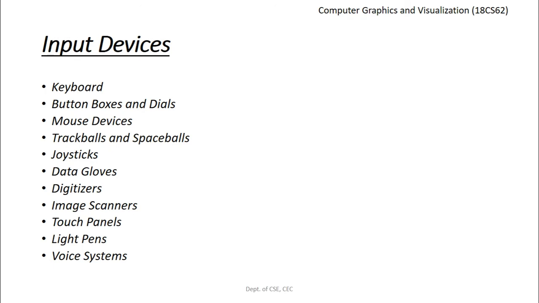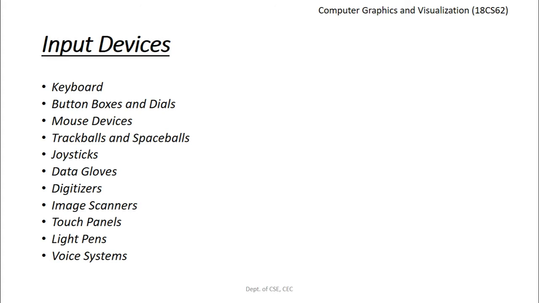Many of us may have used this joystick for playing some games, right? It basically has a vertical lever mounted on a base, which is used to steer the screen cursor around and select screen positions with a stick movement. A push or a pull on the stick is measured with the strain gauges and the corresponding movement is translated into the movement of the screen cursor in the direction of the applied pressure. That is about the joysticks.